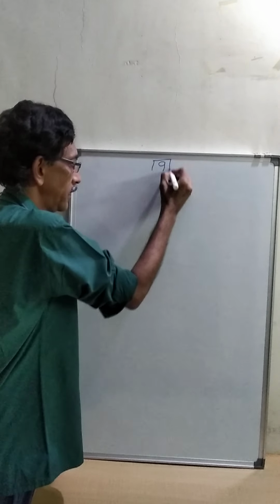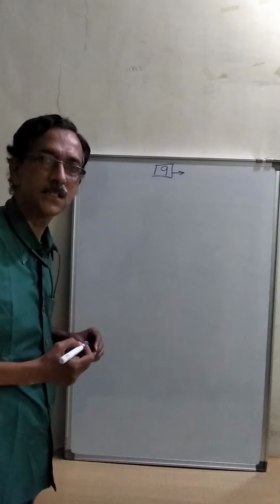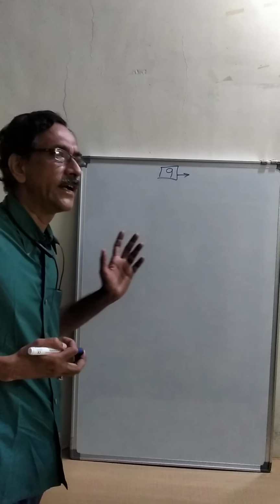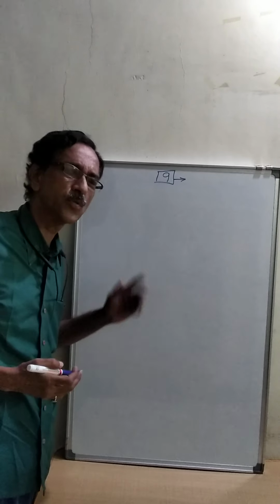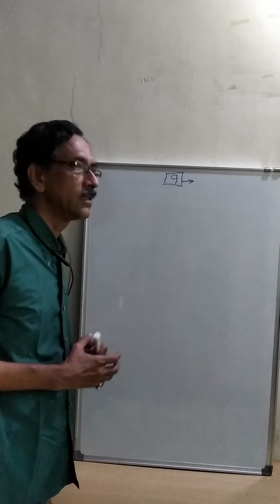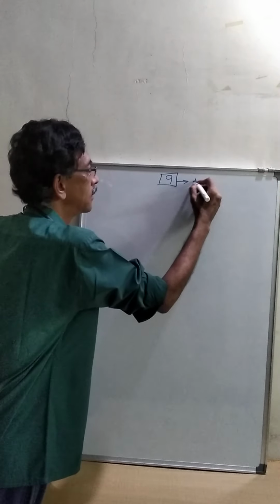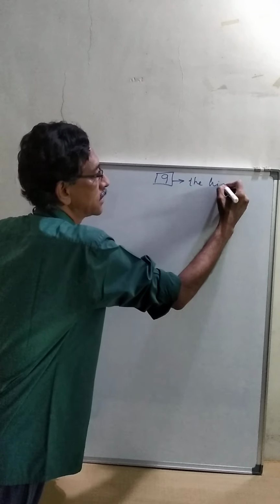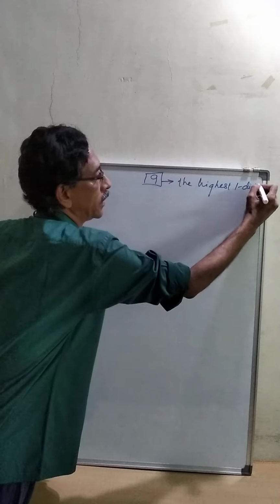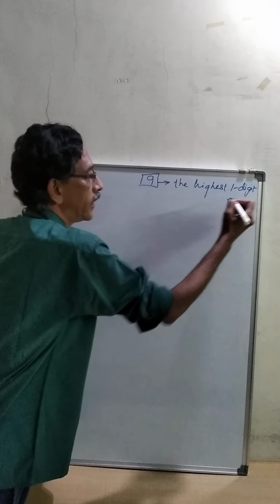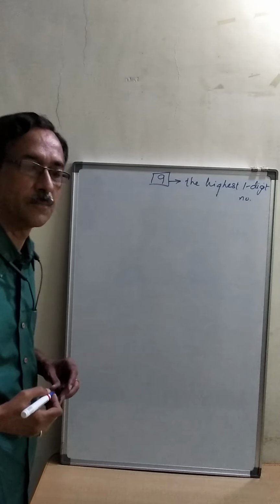Today I am going to tell you some very interesting facts about the number 9, its table and some other things. 9 is a number which has created interest in the mathematicians' world over because it is quite unique. The main thing first is it is the highest one digit number.